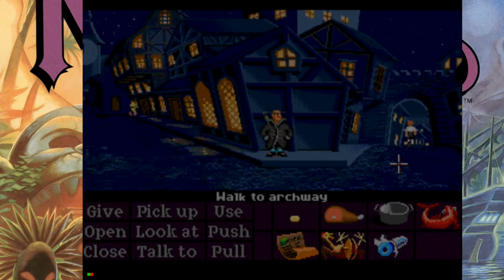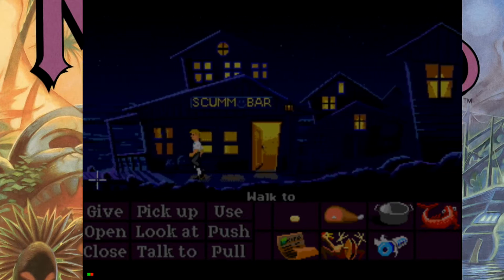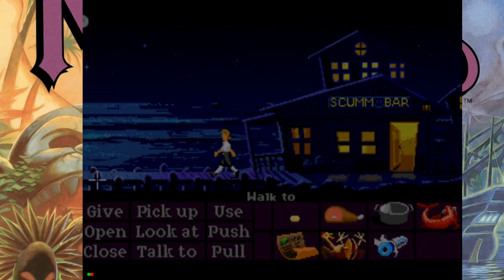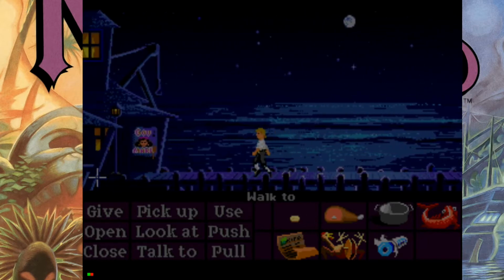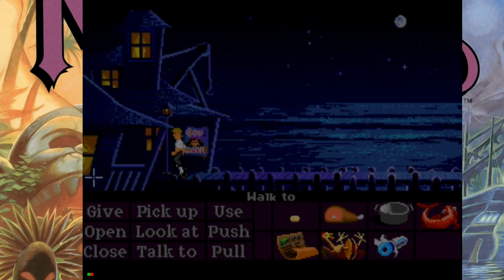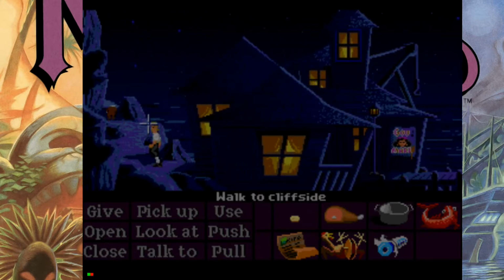But yeah, they actually ported Loom to the TurboGrafx 16, which is interesting. Loom came out in 1990 as well, and it was basically on the same version of the SCUMM engine as the original Monkey Island. So it's interesting that they probably could have ported the EGA version to the Sega CD,